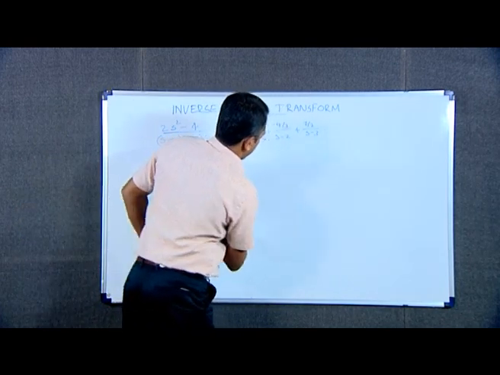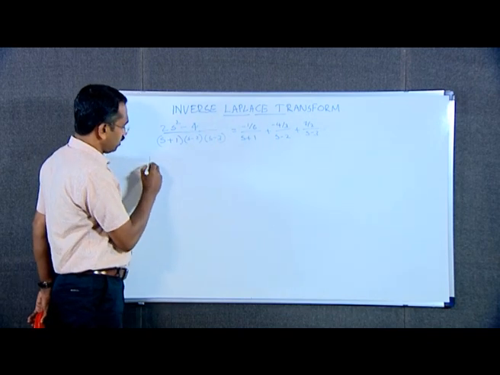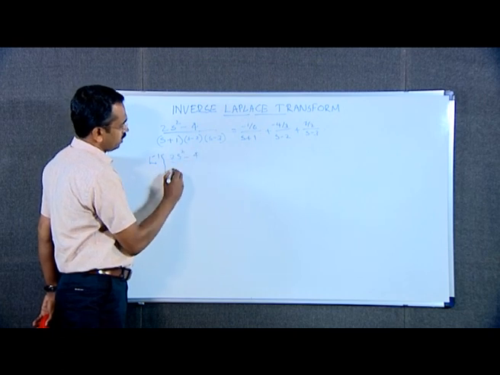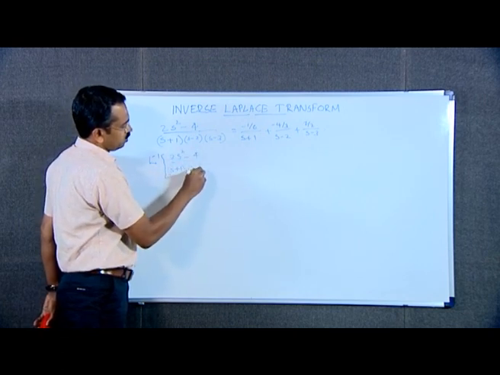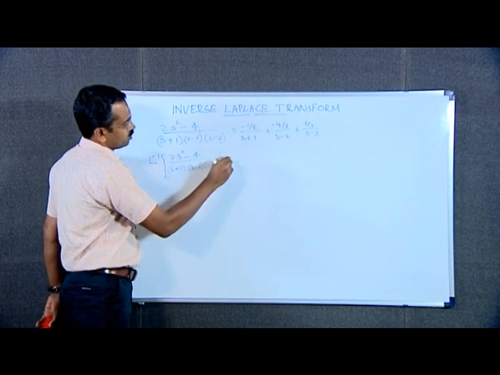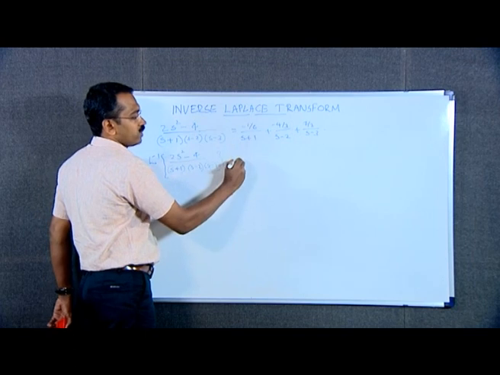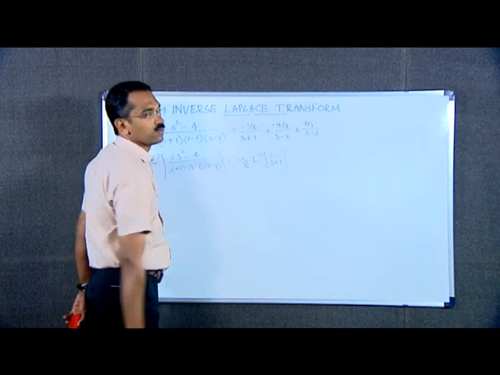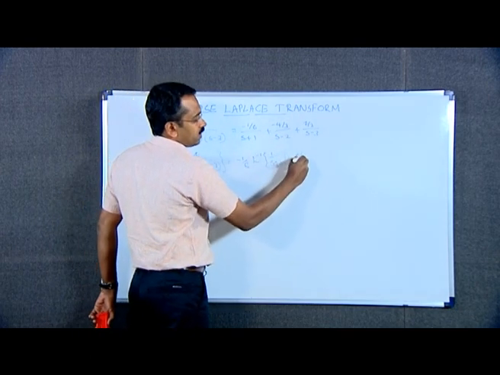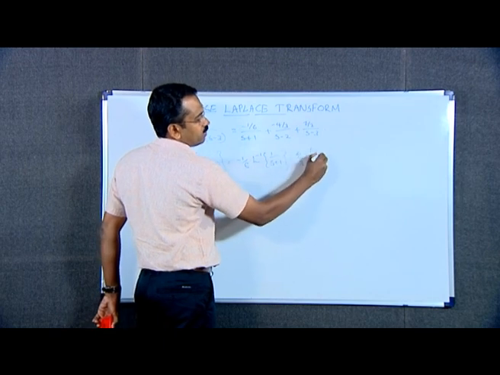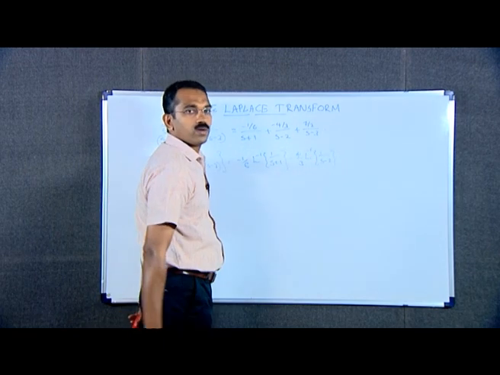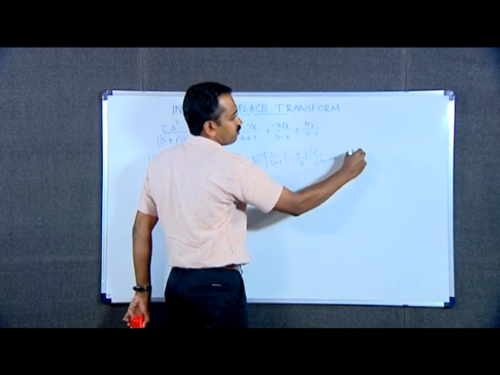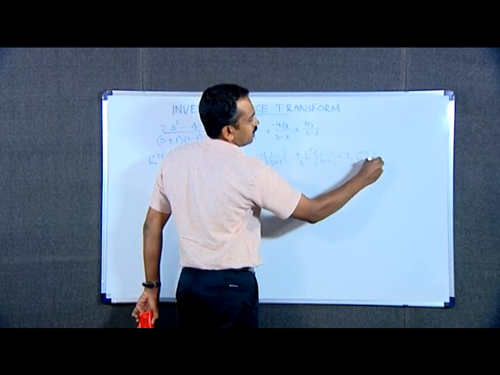We get L inverse of, that is the inverse Laplace transform of this function 2s square minus 4 divided by s plus 1 into s minus 2 into s minus 3 is equal to minus 1 by 6 into L inverse of 1 by s plus 1, minus 4 by 3 into L inverse of 1 by s minus 2, plus 7 by 2 into L inverse of 1 by s minus 3,